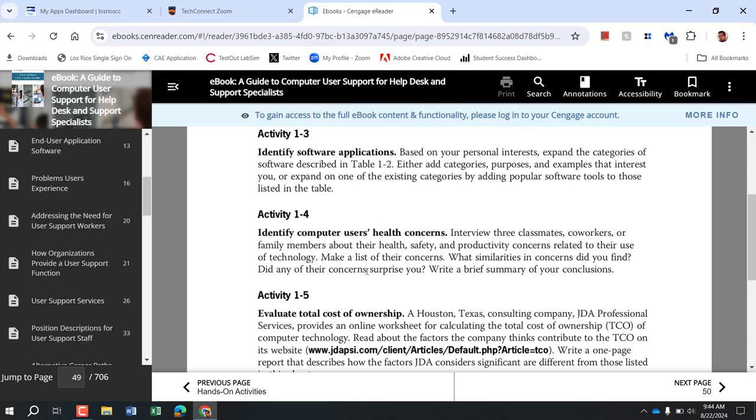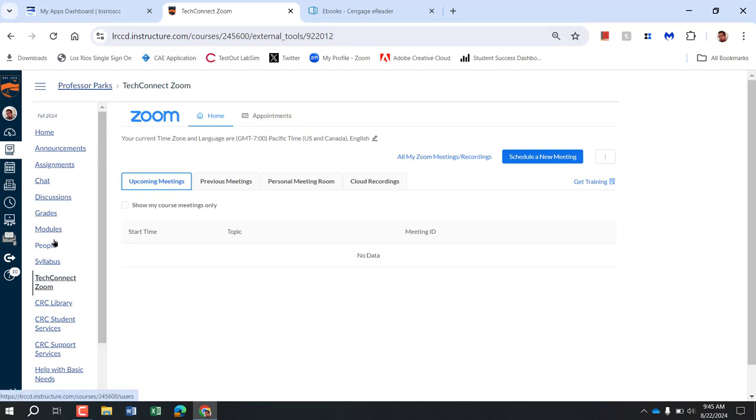Here's an example of Chapter 1's hands-on activity. With hands-on activity 1-4, it looks at computer users' health concerns. Each of you could share some health, safety, productivity concerns related to your use of technology. Basically, make a short list of your concerns, and then all of you can compare similarities and differences. Ultimately, when you're done with the project, you come together with one document with all of your names on it. So when you are done, it'll become one document. You can have all of your names, and then you will go to